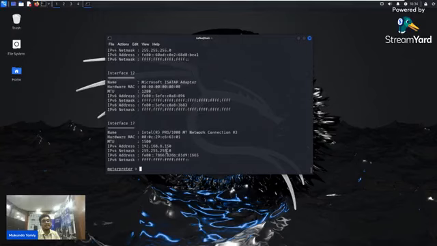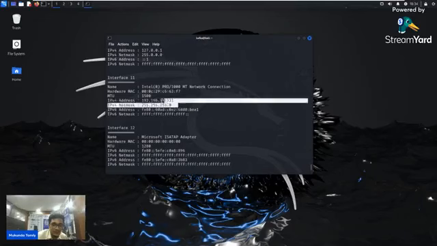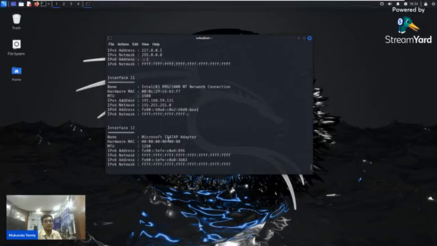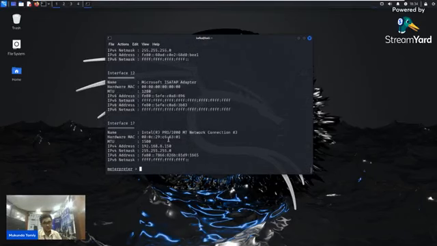The gateway is our route through which we can access it. So if this is the network 59.1, there must be a route.